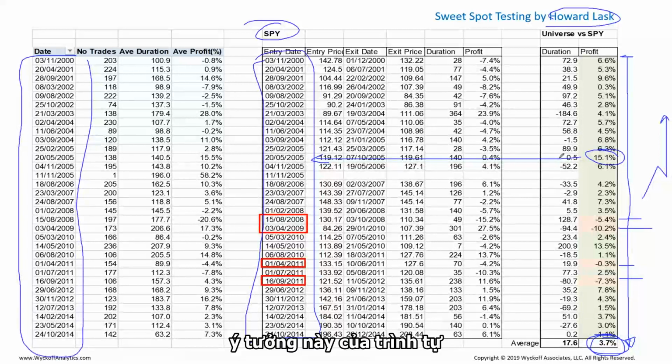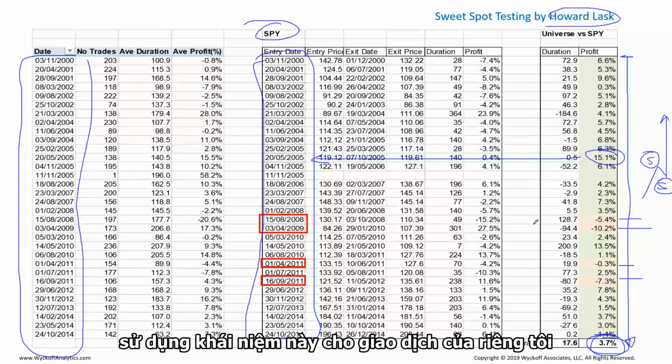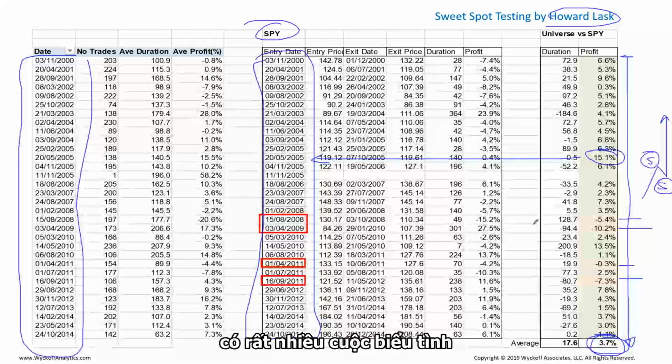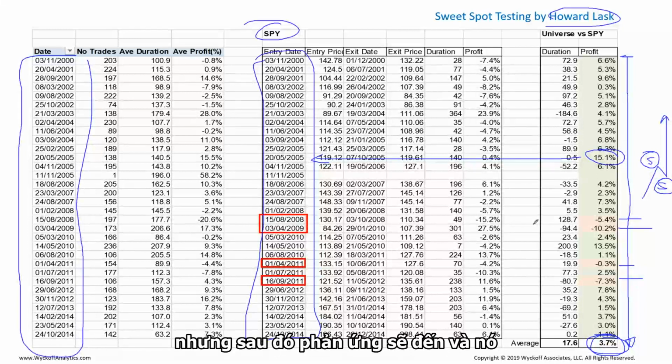Again, this idea of the sequence of strength, a strength on the rally and subsequent strength on the reaction. And for the longest time, when I started using this concept for my own trading, it was really hard to follow this sequence. Sometimes the sequence would suggest that, oh yes, there is a lot of rallying, there is a lot of buying on the rally, but then the reaction would come and it would be weaker. So it definitely could be confusing,